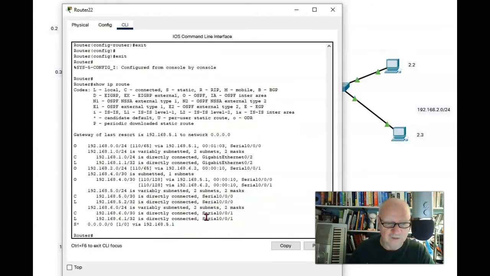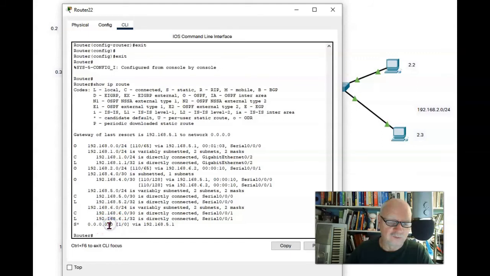Let's see if we can go down here. Oh, yes, the default route does show you. This was a statically created route, and it has an administrative distance of 1. Remember, the lower the administrative distance, the more likely it is to use, I shouldn't say more likely, it will prefer routes that it knows through lower administrative distances. Now, why then would it use this route up here rather than the gateway of last resort? Well, because the other thing is, this is more specific. It looks at the most specific routes first. This one's a /24, where this is a /32.